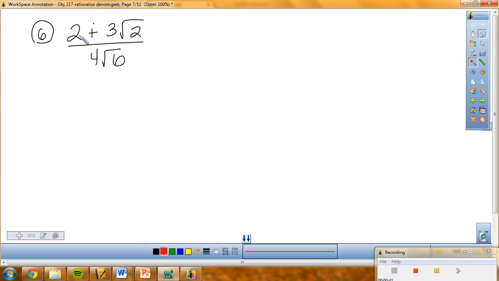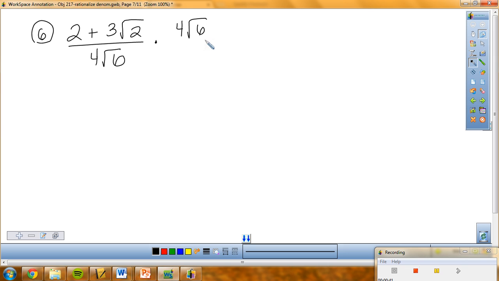And one last example, and this one's a little tricky. This one's a little tricky because we have coefficients now in front of our radicals. So it's very similar to the last 2 examples, except for now we have a little bit more work to do. So here, same thing. Can I simplify any perfect roots? No. Can I simplify any of my square roots? No. So I need to get rid of my radical in the denominator by multiplying by my 4 the square root of 6,